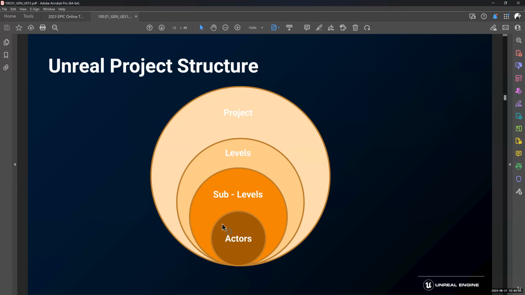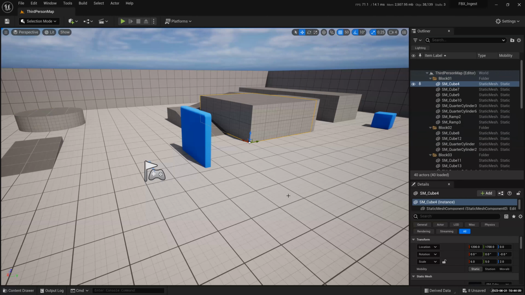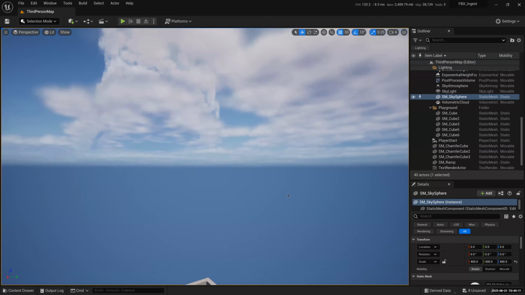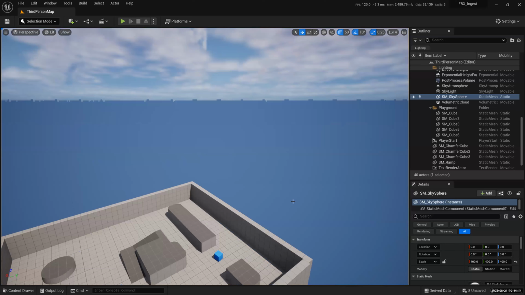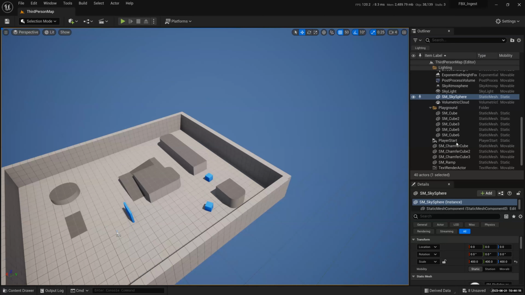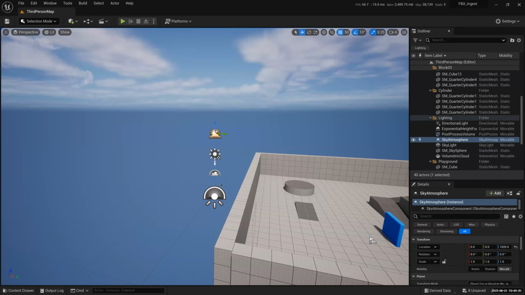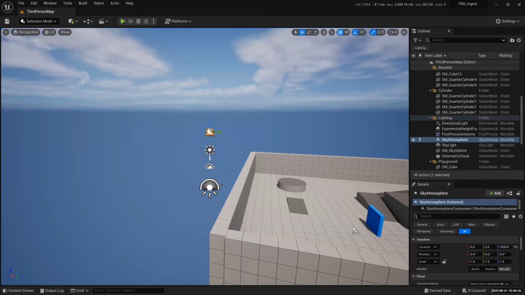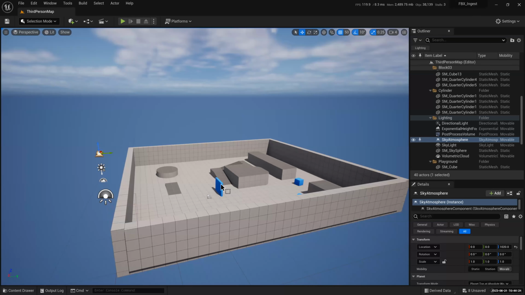And anything that's inside the levels is called an actor. So every bit that you can see here, even the sky and whatever, these are called actors, right? So we've got the actual volumetric sky up here. Anything you can see here, in fact, all this stuff, the icons and all that, these are all called actors. They're all inside your outliner. So whatever's inside your outliner are called actors, by the way. Okay, that's how it works.